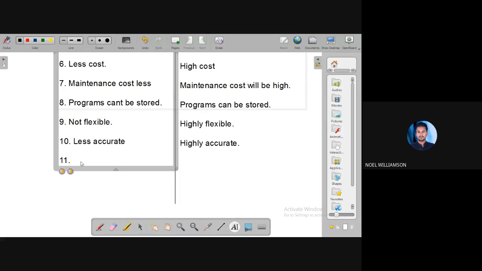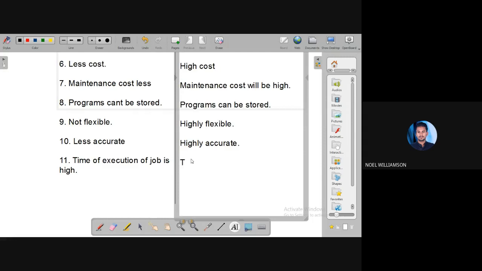So regarding the time of execution of a job, NC is high, and CNC is less.